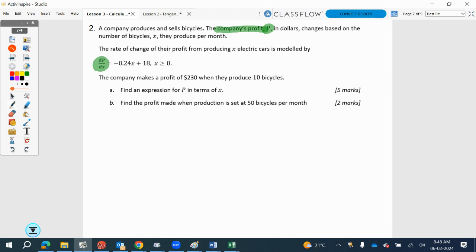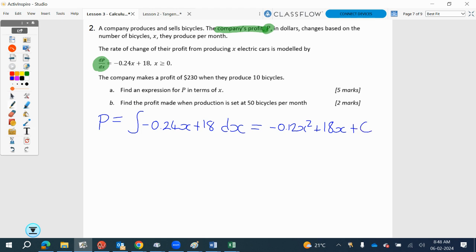We integrate, I think you said. So let me start with that. We integrate with respect to x. What do we get? We get negative 0.12x squared plus 18x, and then plus c, which we can calculate because we have the